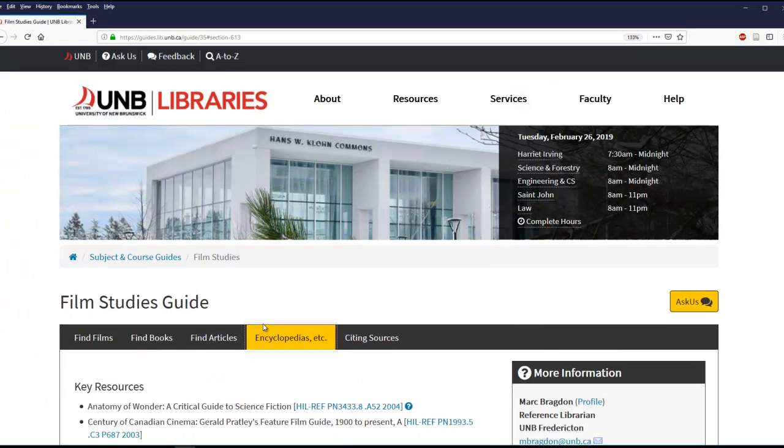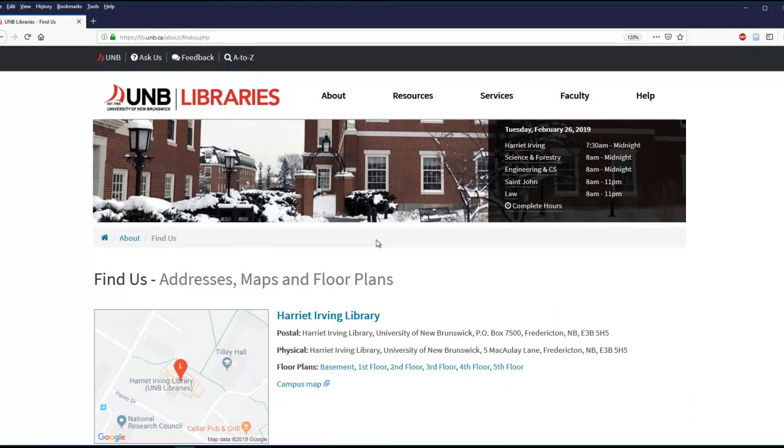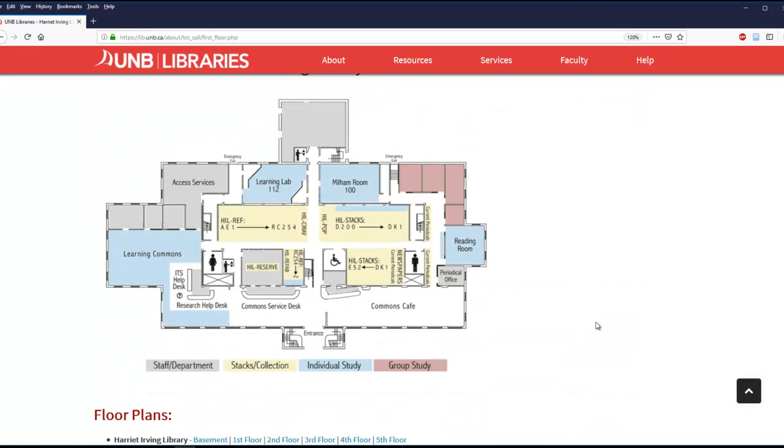And why don't I pull up a couple of floor plans for that. I'm going to go back to the main page of the library, click on floor plans here on the quick links. So the first floor, so you enter here at the bottom of the image, and there's the service desk to the left, the coffee shop to the right. If you just go past the stairwell and take a left down the corridor, you're going to see to your left as you're going along some pictures of a photographic exhibit from Renaissance College, and right about in the middle